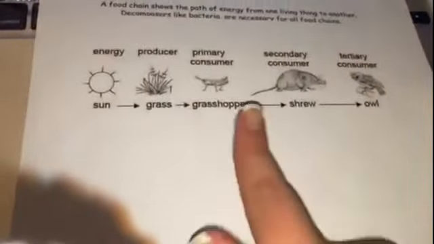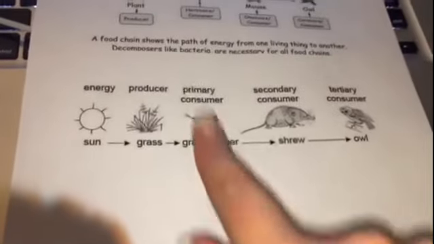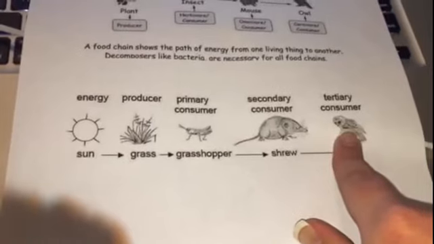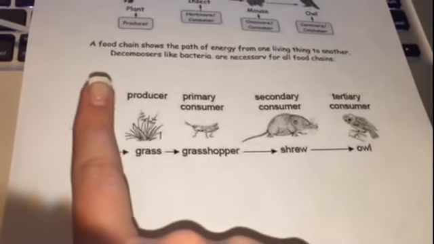I like this example right here more because it specifies which is the primary, secondary, and tertiary consumer. You don't need to add the sun and energy,